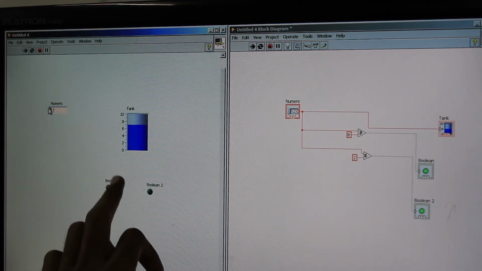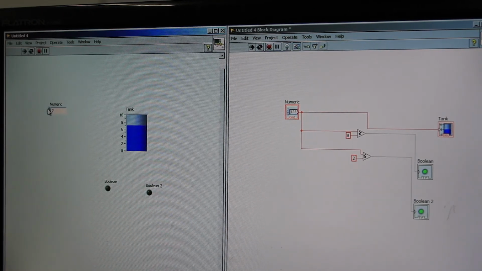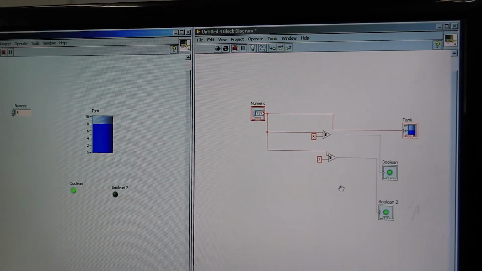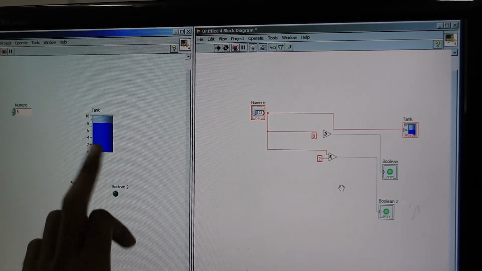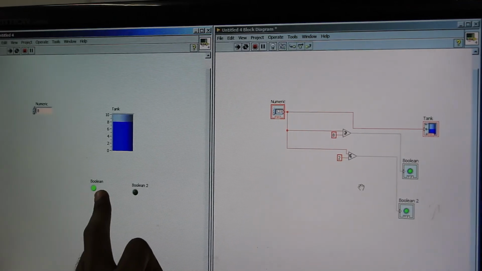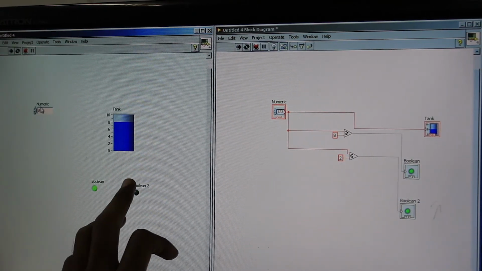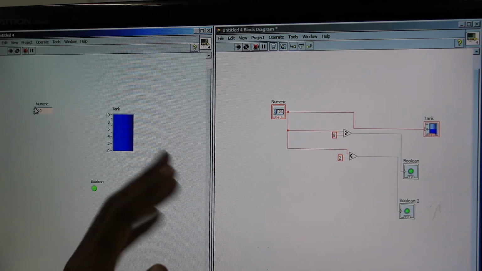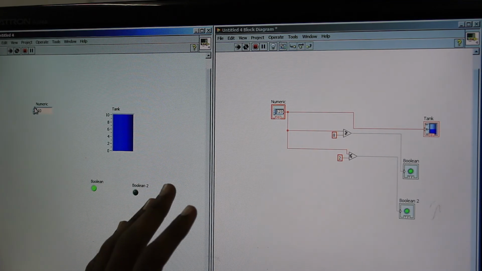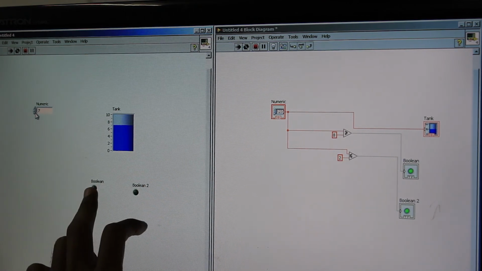It will start to glow only when the water level is 8 and above. Now I'll press once again. We can see that the water level has reached 8 and Boolean 1 has turned on. It stays on while the water level is beyond 8, and once it reaches below 8, the Boolean turns off.